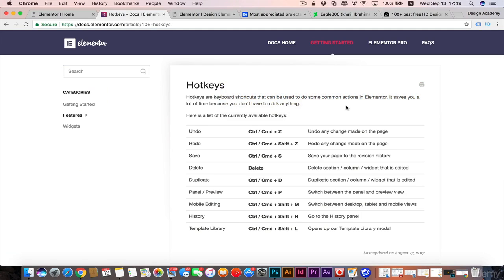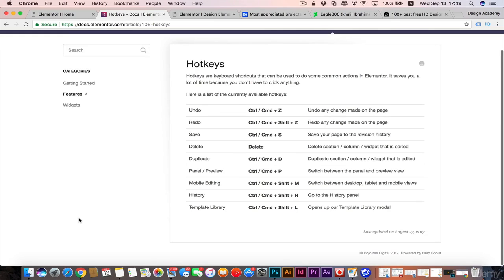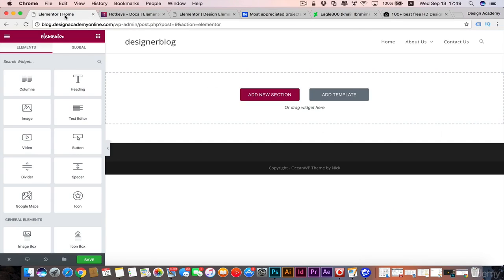We can use Command Z or Control Z just like most of the other programs. Control B for review, and we have the save option or even delete or whatever. You will find them in the resources. We have another thing. Before we start, I want to give you some tips about the design of the website,